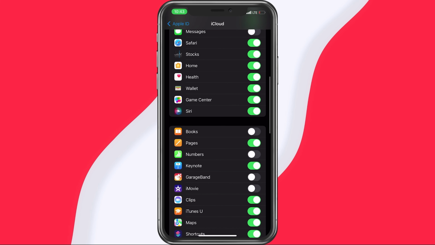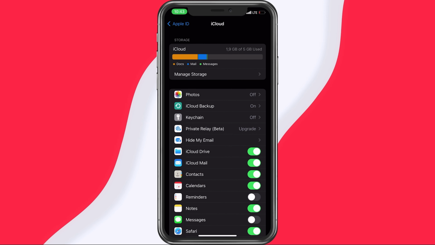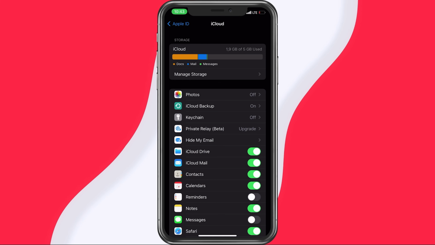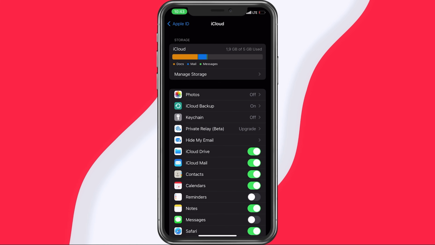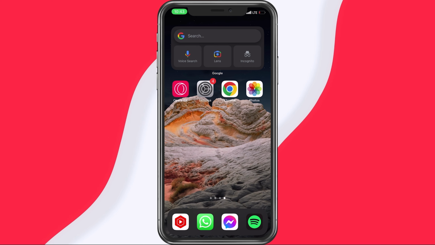Your backup will reduce in size when disabling some of these options, and you should then be able to back up your device. In case you have any further issues or problems following this tutorial, then I suggest following my